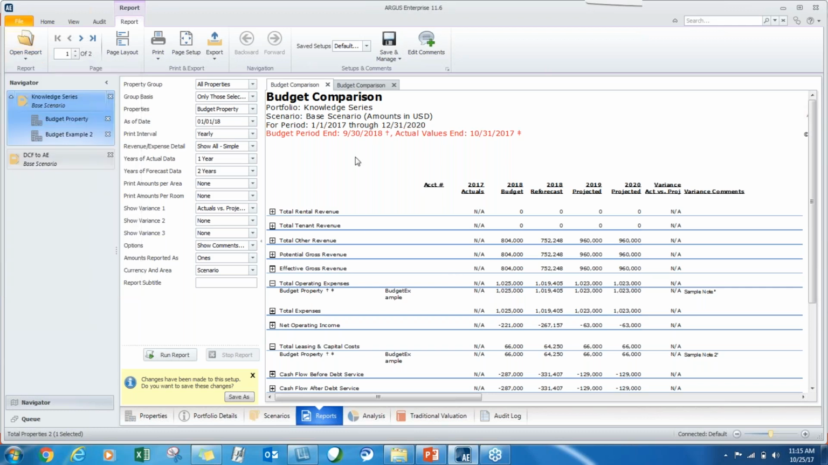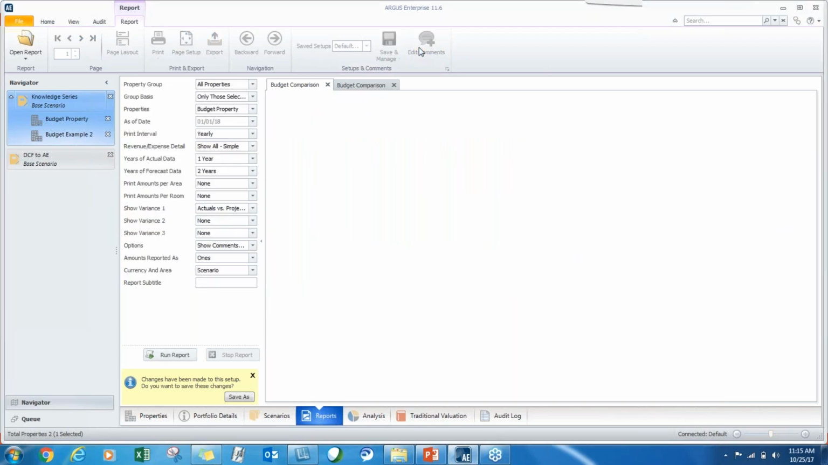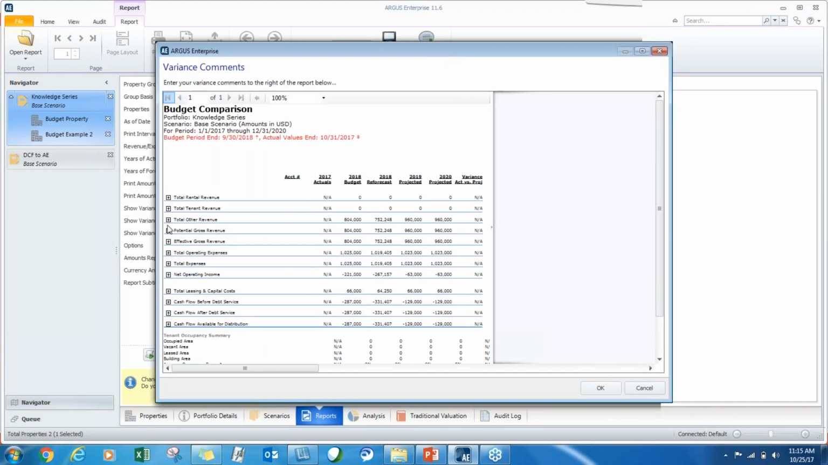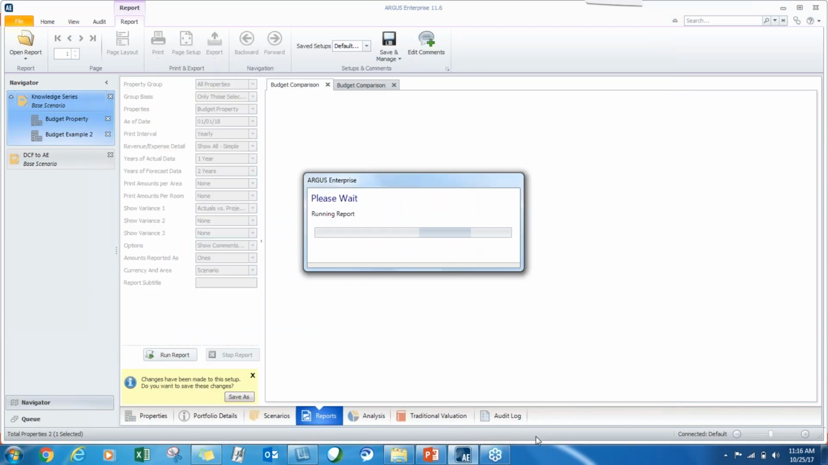Now, with the budget comparison report on a portfolio level, what's fantastic about this is not only that it is reporting across the entire portfolio, but you also have the ability to add in comments here. And so we can go in to any line. I can hit edit comments. So if there is a variance and I want to go in and explain why there is a variance, if I hit edit comments, I can click the tiny little plus sign next to any line. So for instance, net operating income. I can click that, and then I have the ability to add in a comment. And once I add in that comment and I hit OK,